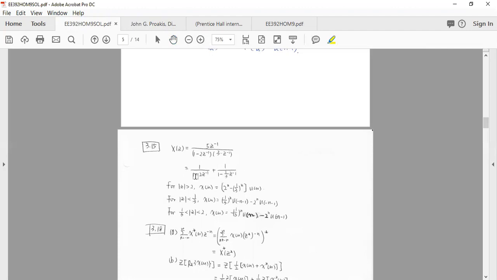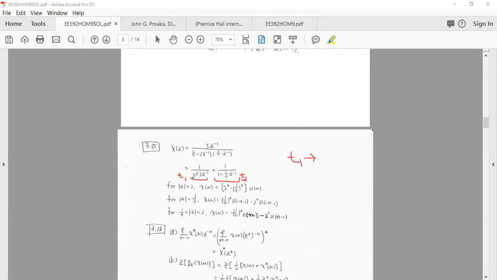So based on this, you can see the modulus. In order for the region of convergence to be defined for this particular term, for the first term, let's say this is term 1, and this is my term 2. So let me write T2 and T1. So for term 1,